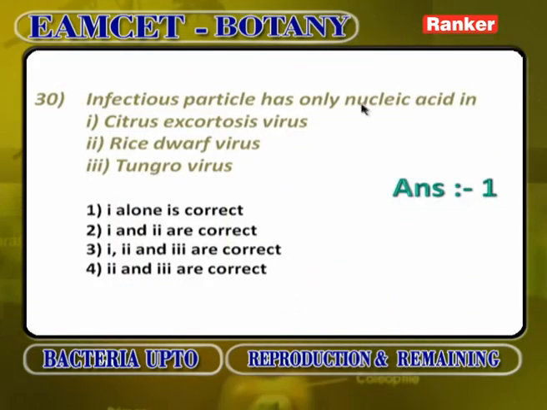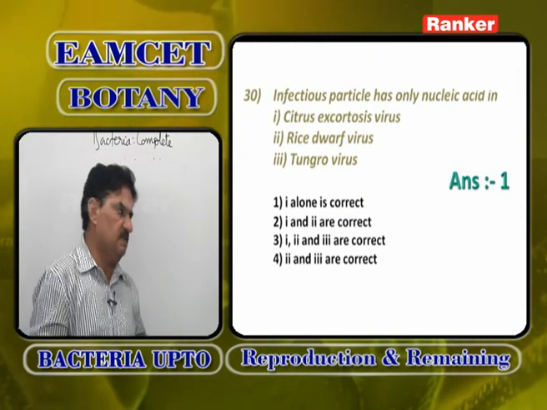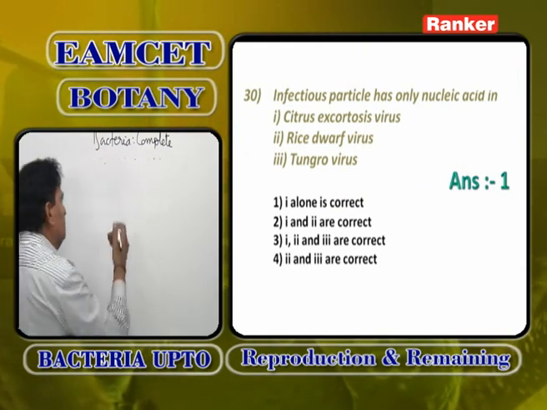Infectious particle has only nucleic acid in citrus exocortis virus. Rice dwarf virus is double stranded RNA. Tungro virus causes what we call rice tungro disease. So, citrus exocortis virus. Just now I told